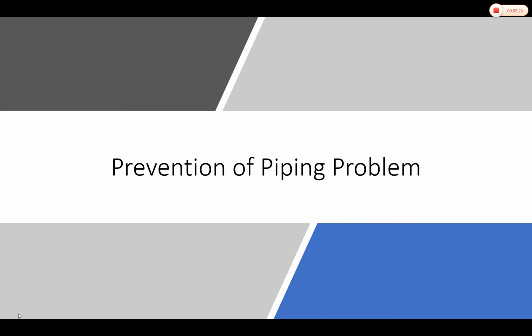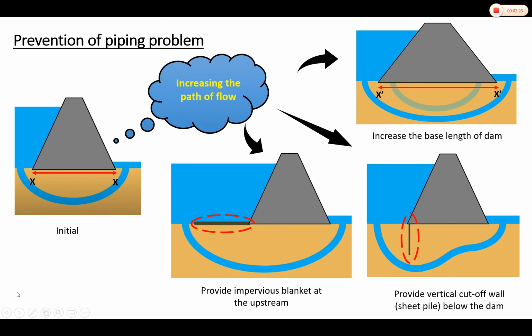So how do we prevent the piping problem? For example, this is the initial condition. We can increase the path of the flow, or the length of the flow. This is the initial length of the dam, and in order to increase the length of the seepage, we can increase the base length of the dam. Instead of X, if you can see here, when we extend the length of the base to X prime,